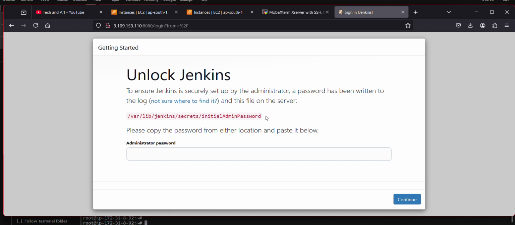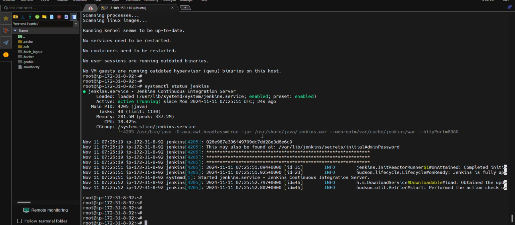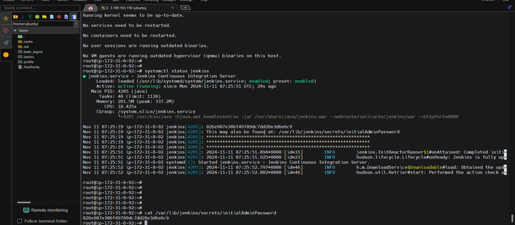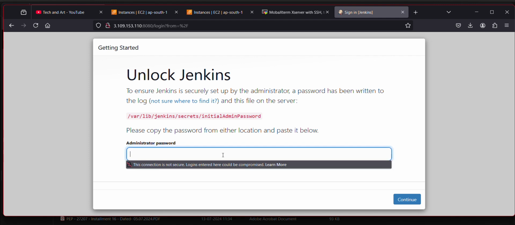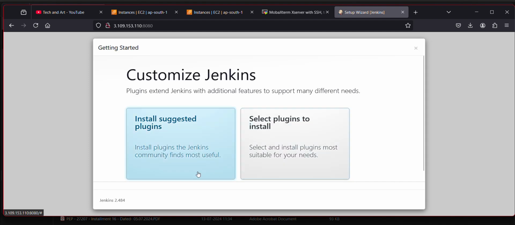Okay, so what we'll do, go to this location and do the cat. Don't worry, we'll learn slowly, but you can give the cat. So what it will do, it will give you the password. You can take this password, okay, and try to access this, whether you are able to connect to Jenkins or not. See, you are able to connect to Jenkins. So congratulations, you have deployed Jenkins on an EC2 instance, right? So this is the